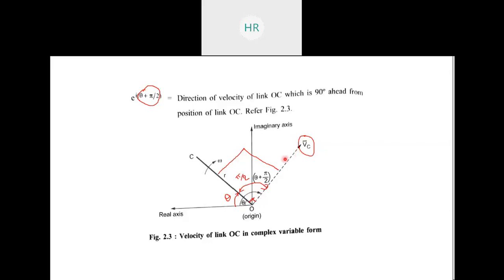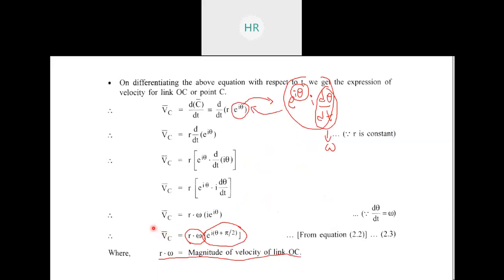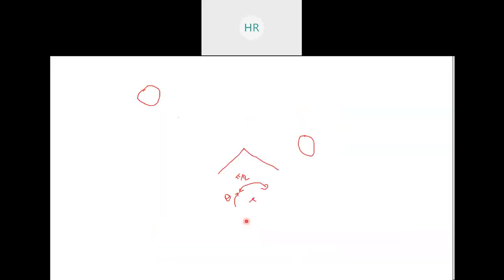First, you have to mention the position vector, then differentiate the position vector with respect to time, so you will get velocity. So to find acceleration, this equation is for velocity. So to find acceleration, we are required to differentiate this equation, equation 2.3, with respect to time. Okay. Change in velocity with respect to time is acceleration. Okay. So differentiate this equation with respect to time, we can find acceleration of a linkage.